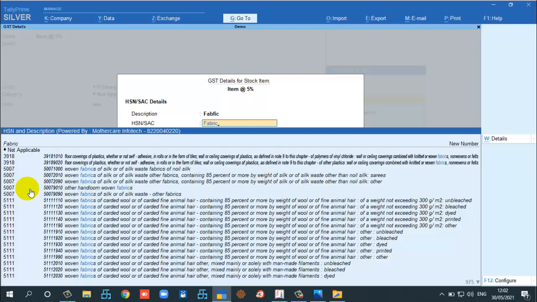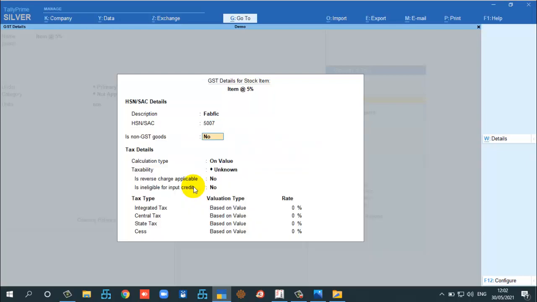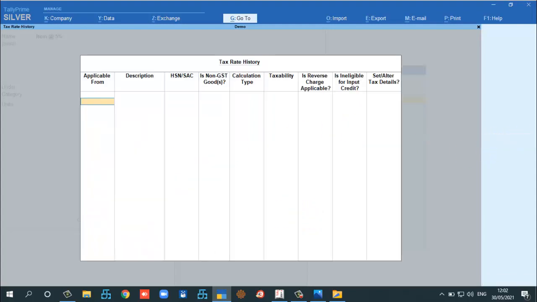So we can choose the 4 digit first one. I am clicking this one and entering, and the tax rate we should configure at our level. Basically while selecting the HSN code, it will not configure the tax rate, so we have to define the rate.